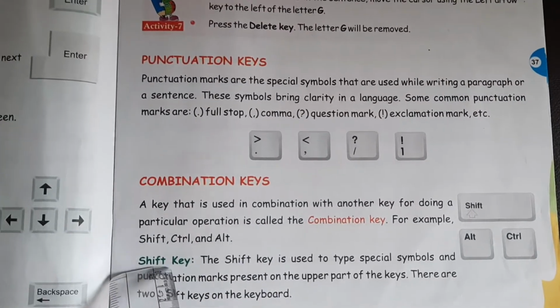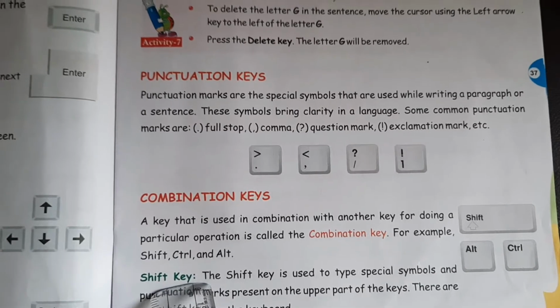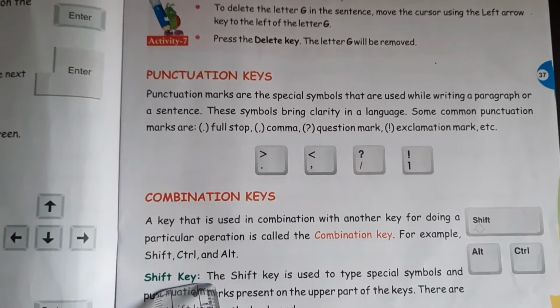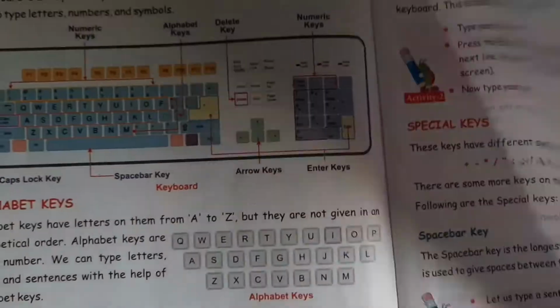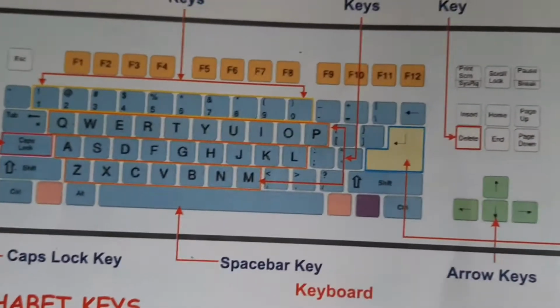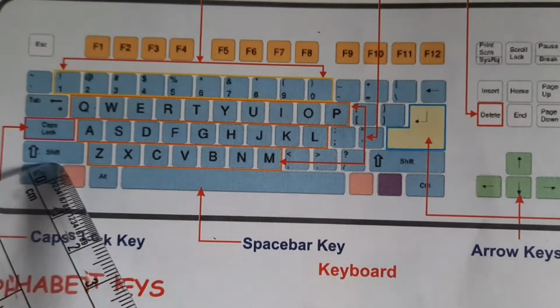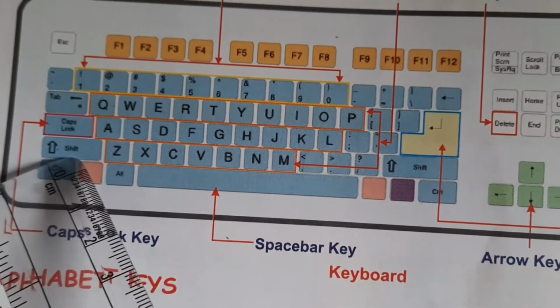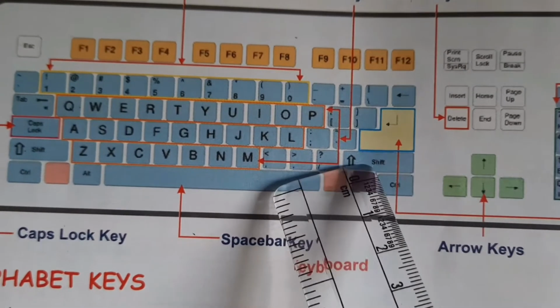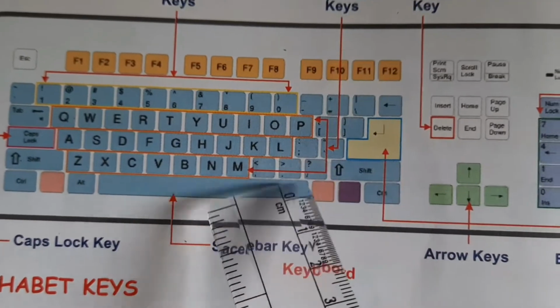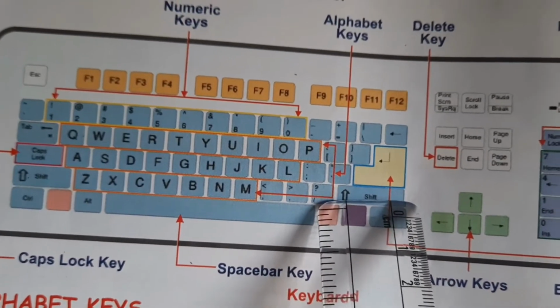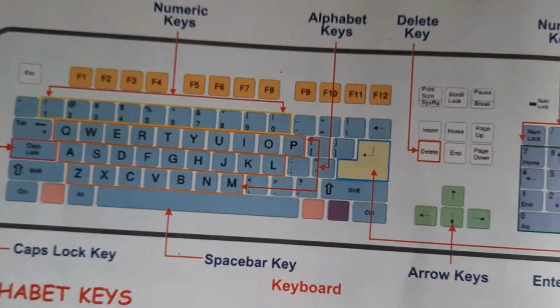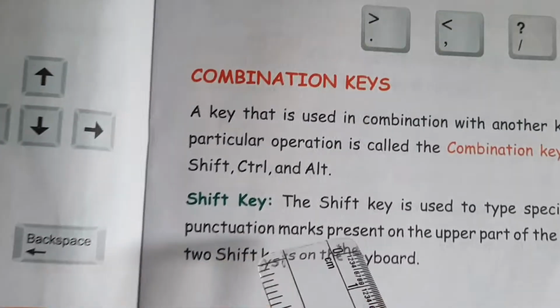Let's read. Shift key. Till now we have not learnt about the Shift key. Where do we see a Shift key on a keyboard? Let's find out first. If this is my keyboard, I have two Shift keys on my keyboard. See, the first Shift key is on the left side and the second Shift key is on the right side, and it always has an arrow which is going up. So we have two Shift keys present on a keyboard. Let's read about the Shift keys.